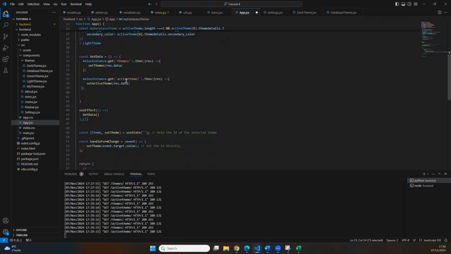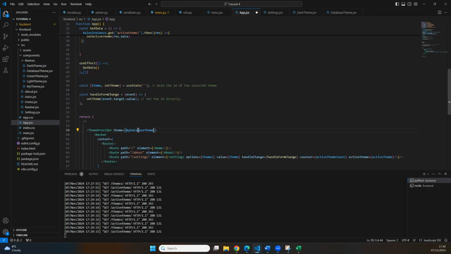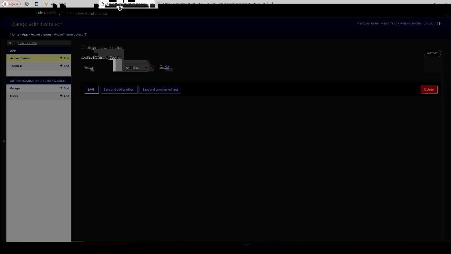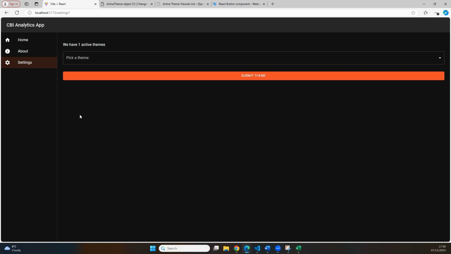Then we can say that my database theme is going to be the new theme inside of our theme provider. And hopefully that will result in a nice looking page. And you can now indeed see that our active theme has been set inside of our front end. Because our active theme is the dark theme, and immediately you notice that the colors have changed to the dark theme. Now, when we change this and go to green theme and we click on submit, you will not immediately